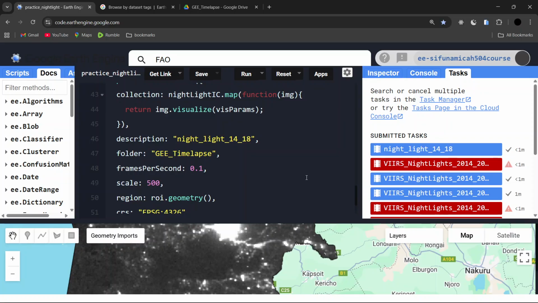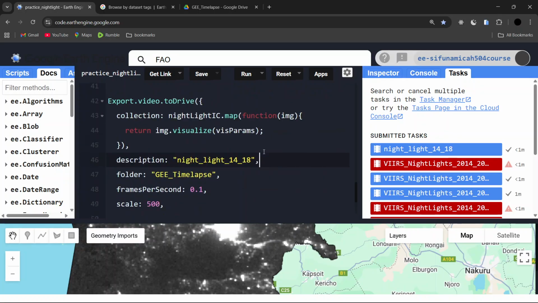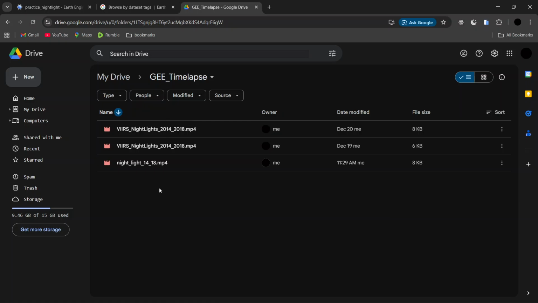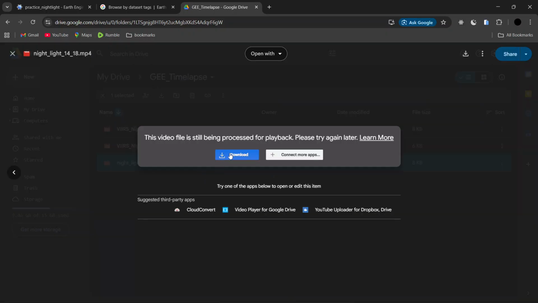Maybe the image is too big, or maybe some other technical issues with Google Earth Engine, or maybe the internet is not okay. So looking at that, now it has finished exporting to drive. I'm going to drive again, and I can see that I have Nightlight 1418. So if I double click on that one, it's going to say that I need to download that video before actually visualizing it. So it's going to download, and if I just click on open,